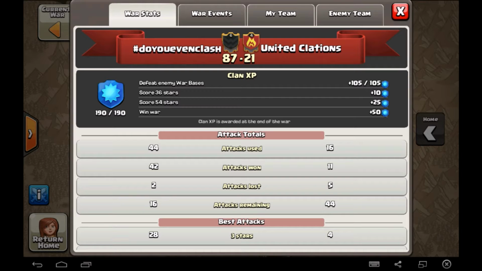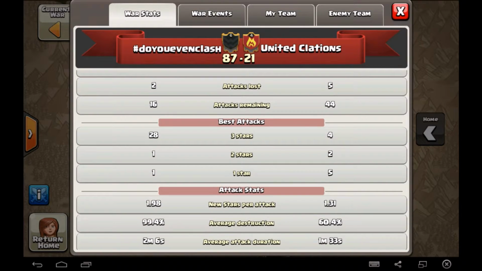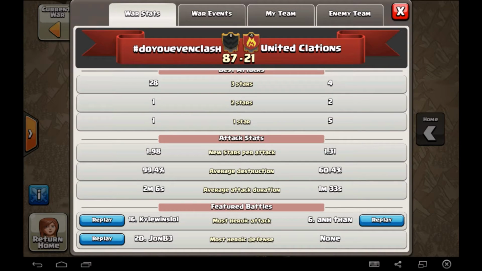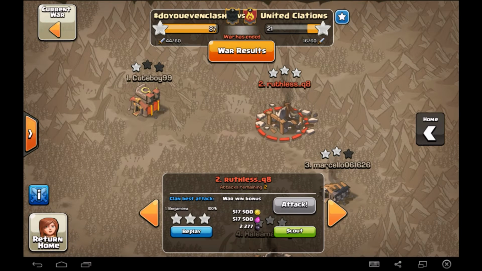If you see, we have 44 attacks used, they have 44 attacks remaining, they have 16 attacks used, and we have 16 attacks remaining. So I thought it was kind of funny how we flip-flopped. We have 1.98 new stars per attack and a 99.4 average destruction, with 28 3 stars, 1 2 star, and 1 1 star. So let's get started on the first one we're going to show you, which is a Town